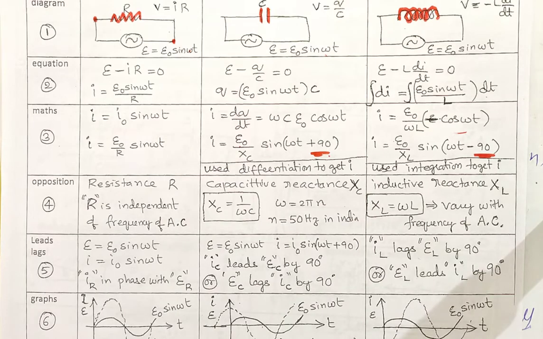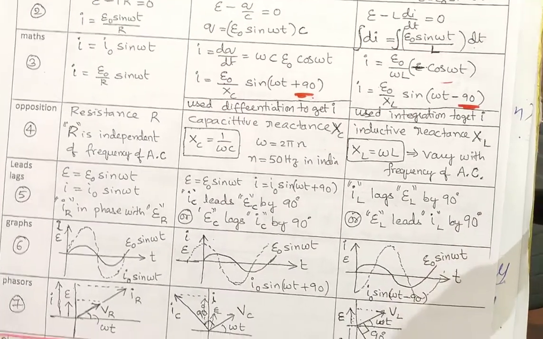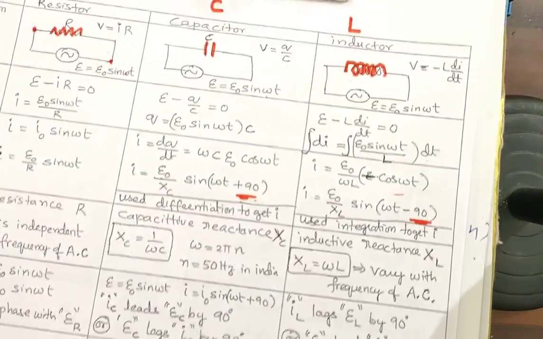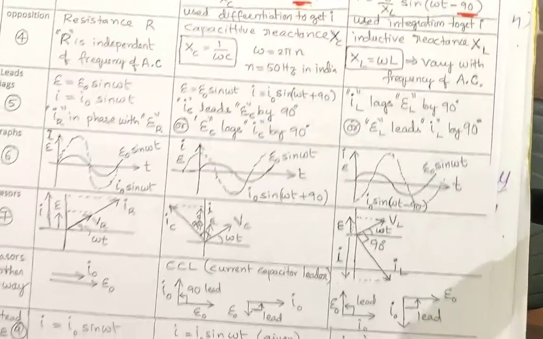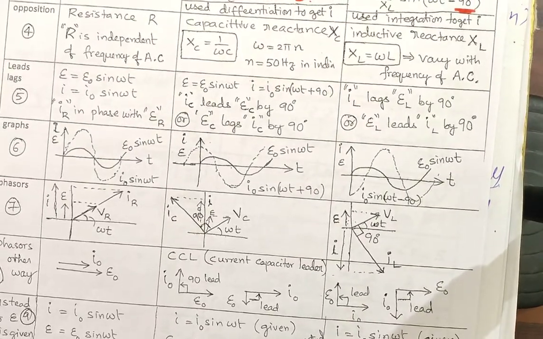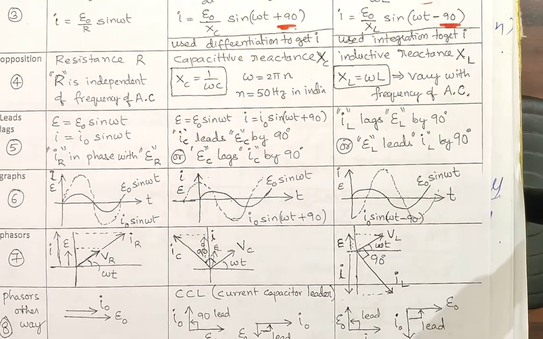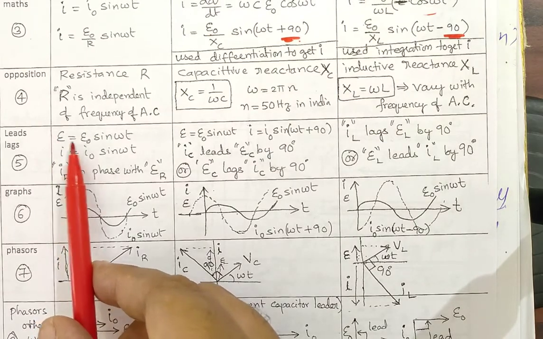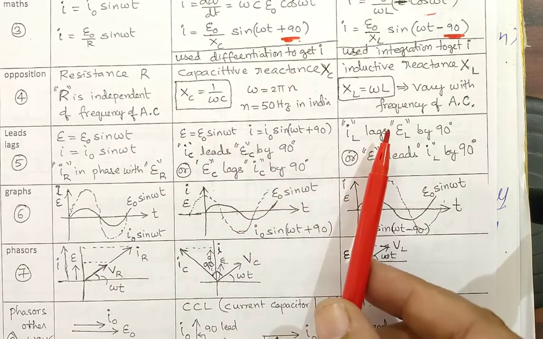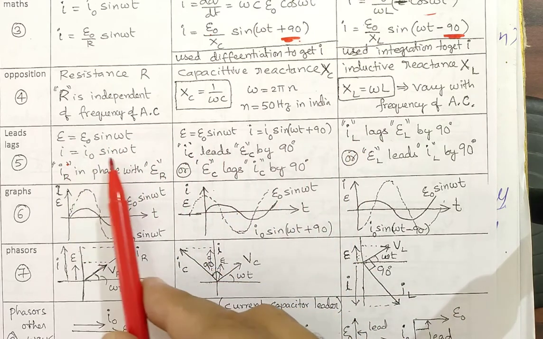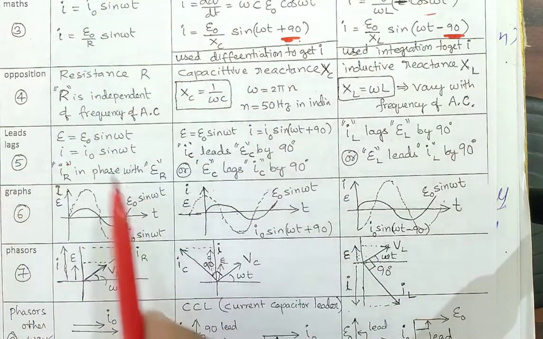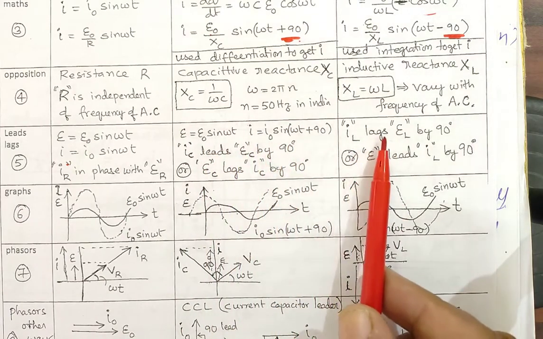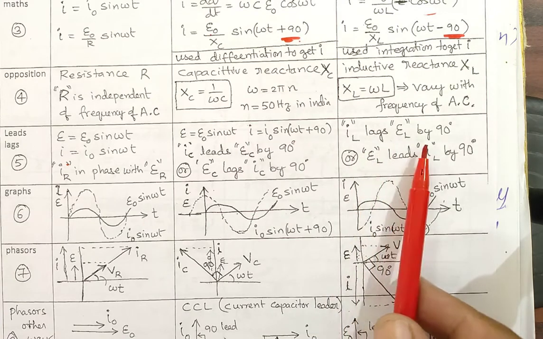So, next is, whatever we have learnt, we'll try to remember in a very crispy manner by writing like this. Leads and lags. E is equal to E naught sin omega t, we took for all of them, but we got I is equal to I naught sin omega t from this equation. Here we got I is equal to I naught sin(omega t plus 90) from this equation. Here I is equal to I naught sin(omega t minus 90). So we say here